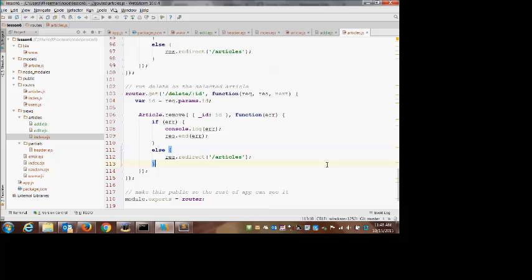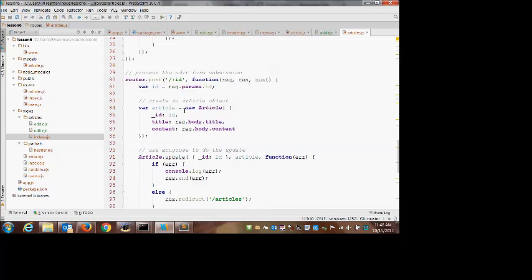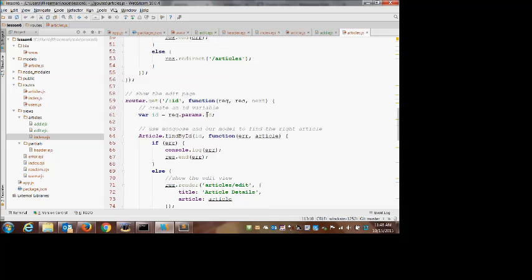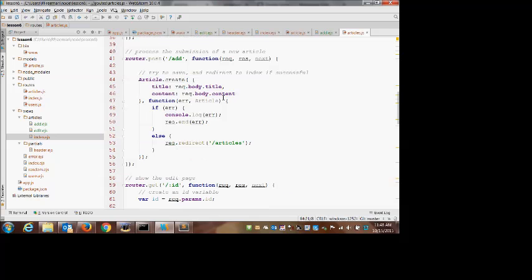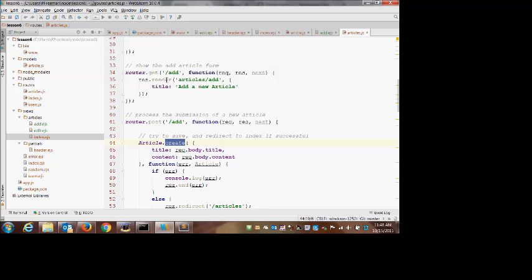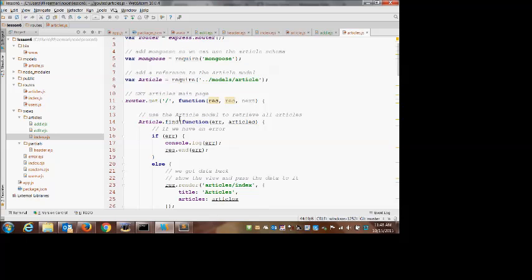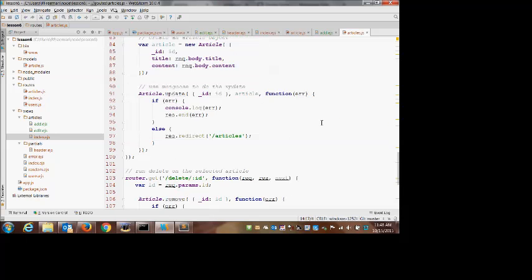All of the places with PHP where we were likely to make mistakes, all of that code is handled by Mongoose. We really just need to be aware of the different methods Mongoose exposes. So in this case, we're going to use remove, update, find by ID, create, and find. That lets us build out a full CRUD app